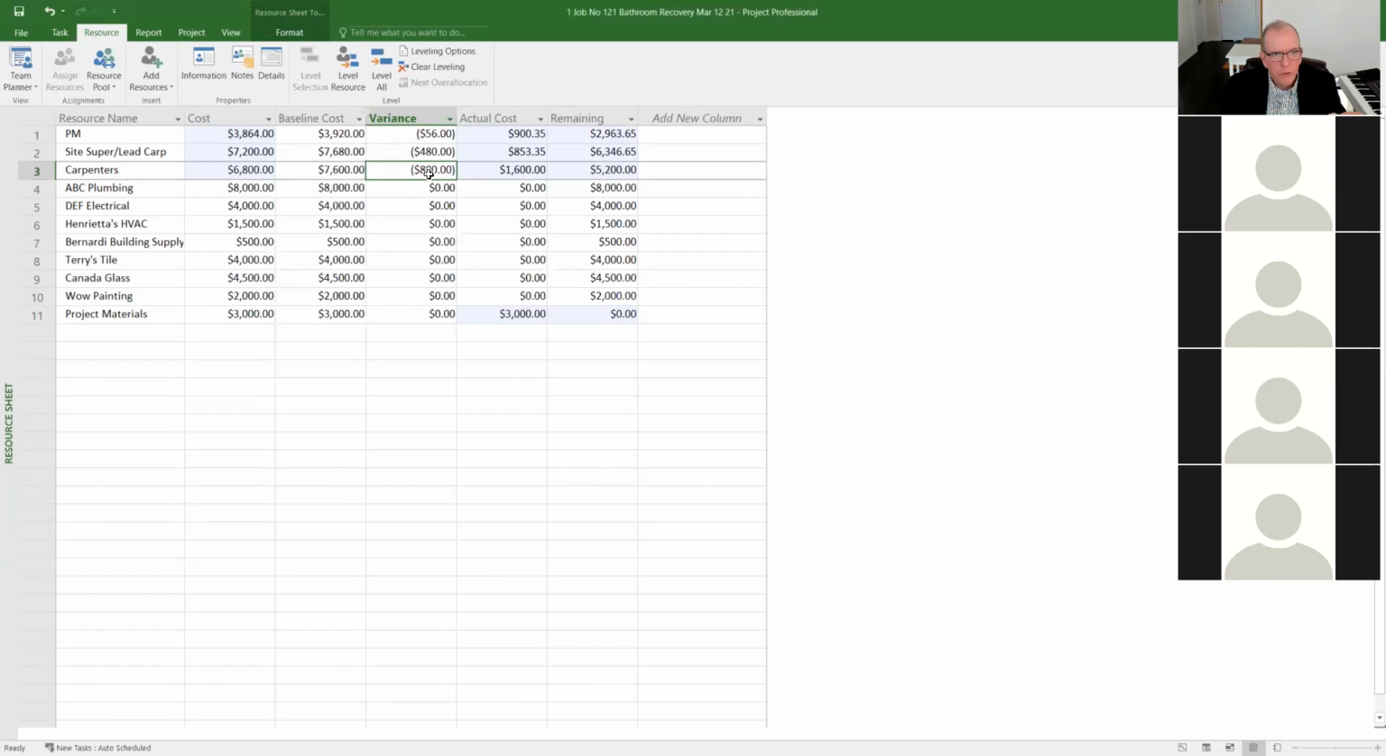We could see how much we're behind on dollars. We could see how much we're behind on time. We could look at and see how much over each resource is. And then with this new plan, we could compare. So we have those comparisons to see. So now we know that we are $800 with this new plan under budget for our carpenters, our site super,